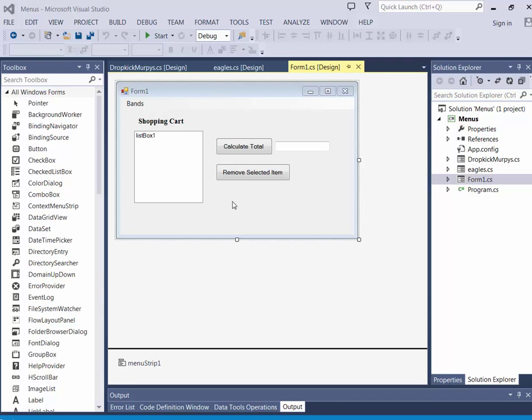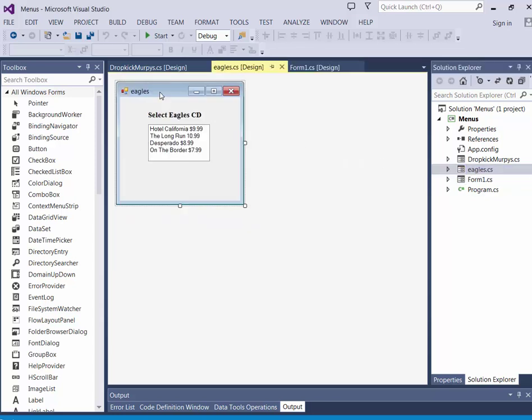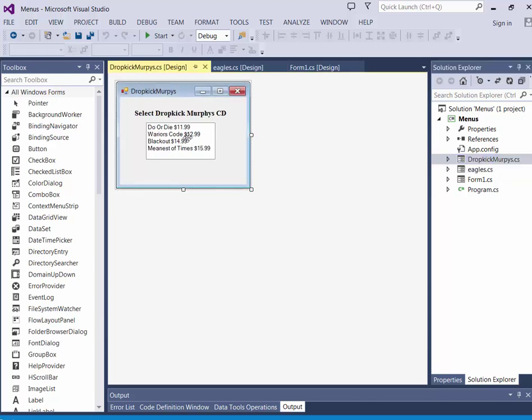I've got form 1, which is this one, and then you get to select 2 of your favorite bands and make a form for each of those. I selected the Eagles, so I've got a separate form for them, which has a list box, which I have populated with 4 of their albums. And then I have the Dropkick Murphys, separate form for them, has a list box which I populated with 4